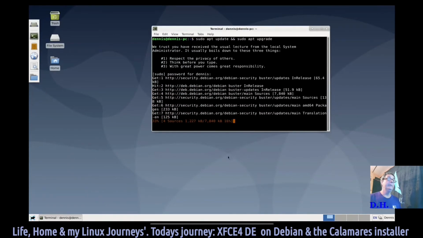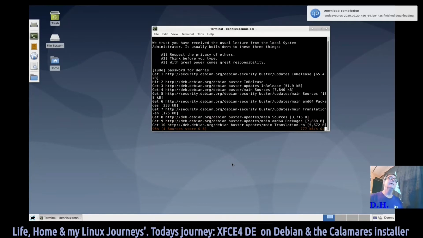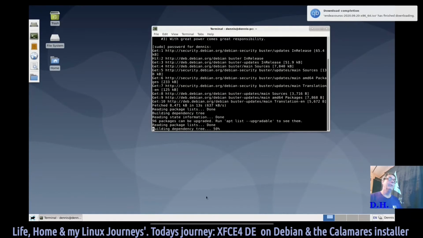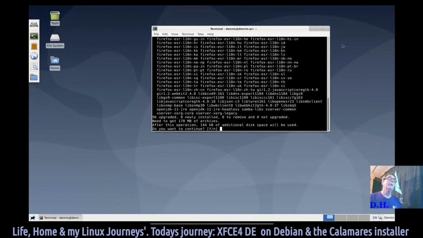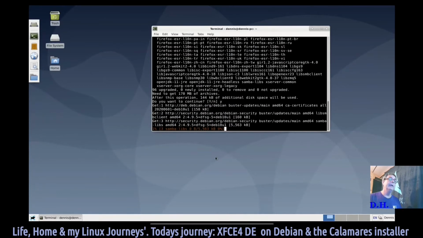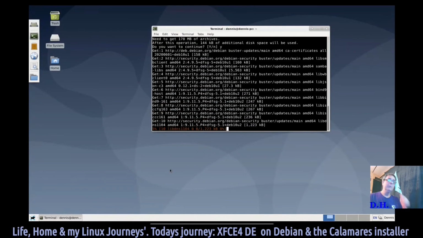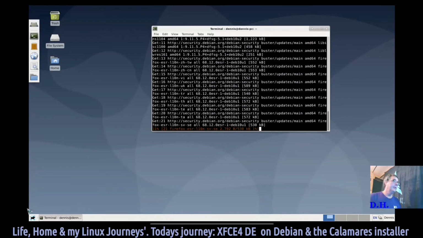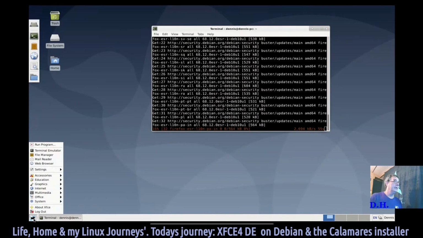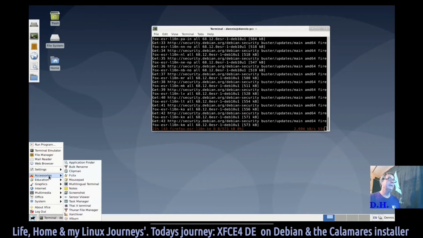And there should not be, but it is possible. I say there shouldn't be because it took a little extra time. Alright, so there is an update, 170 megs. I'm going to say go ahead and do it real quick. Okay, so while that's updating, under accessories,